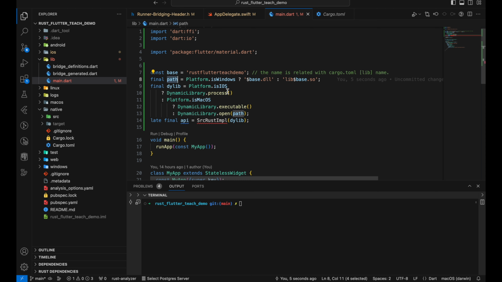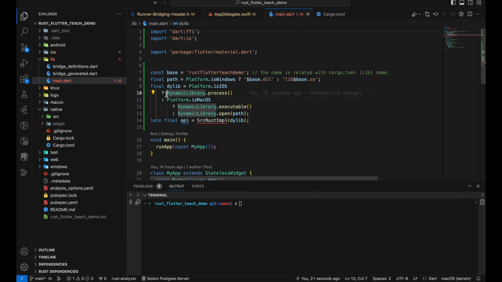Okay, great. But first thing, it is Platform.isIOS. It will call DynamicLibrary.process. That's all. Nothing fancy. So right now we are testing for iOS. That's why the DynamicLibrary.process will trigger here. So we don't need to provide any name. But in Flutter we have Android, macOS, Linux, Windows. So they have different types of code to load the static build or dynamic library. Yep. So the implementation would come from the bridge generated.